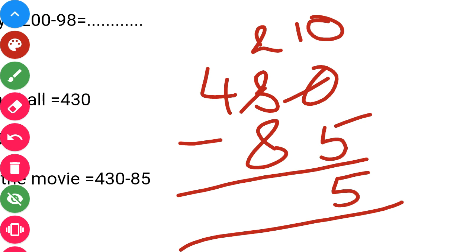Now, which number do we have at tens place? We have a 2. Again, we cannot subtract 8 from 2. So what will we do? Now, this 2 will take a borrow from 4, that is the number given at hundreds place. This 2 will become 12 and this 4 will become 3. Now, subtract 8 from 12. How much will we get? Subtract it.